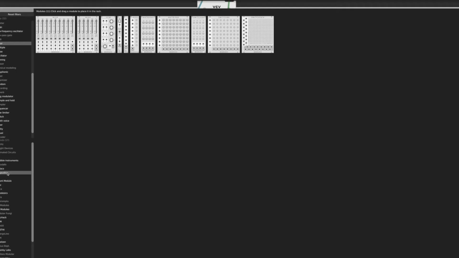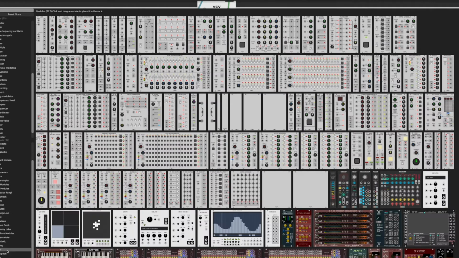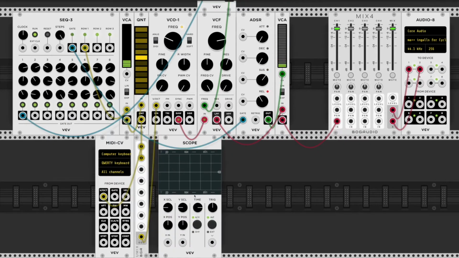And just to show you guys exactly what is going on, when I say these are getting added together, they are quite literally being added together. So I'm going to take the output of my sequence and send that into our scope, and then I'm going to take the output, not from the keyboard, because that's just going to look boring, but from the UMix, where we've added the keyboard to our sequence. You can see right now, because I'm sending 0 volts from my keyboard, I'm just sending middle C, both of these voltages are aligned. They look the same. But if I were to play an octave higher on my keyboard,